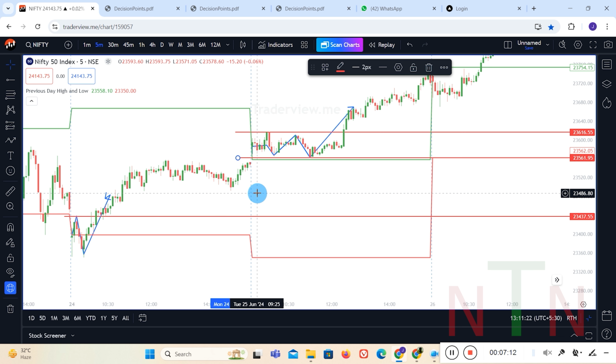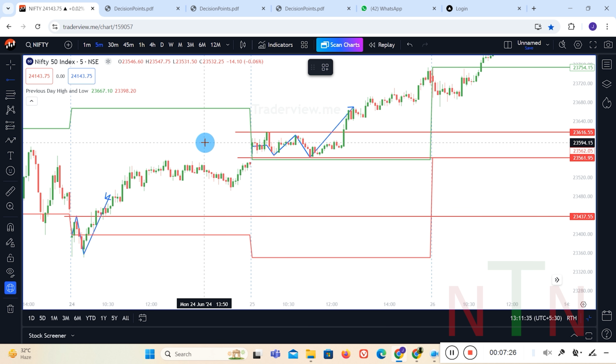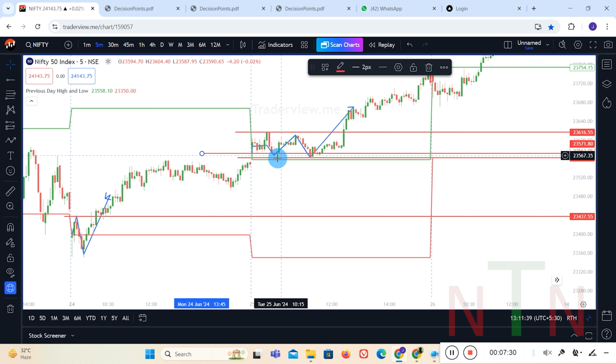So here we are getting a direction. The market has not taken the previous day high, it's now trading above the previous day high. That is the first confirmation. Second, the market has crossed today's opening. Can you see this level is your opening? It is above today's open and above the previous day high. Also it breaks today's swing high. So we are getting triple confirmations. That is your super bullish trade.